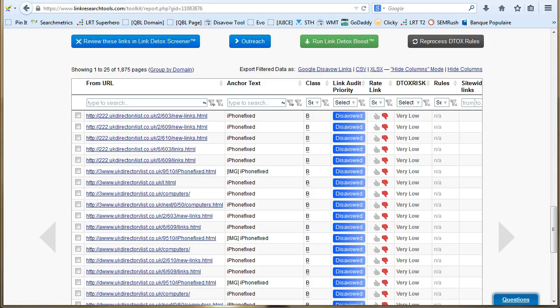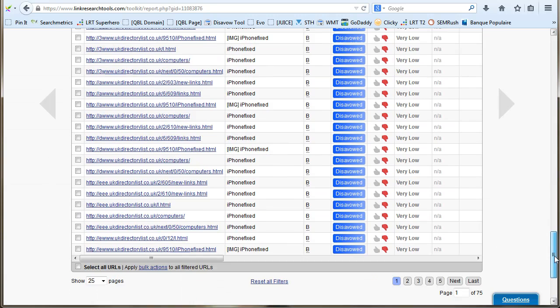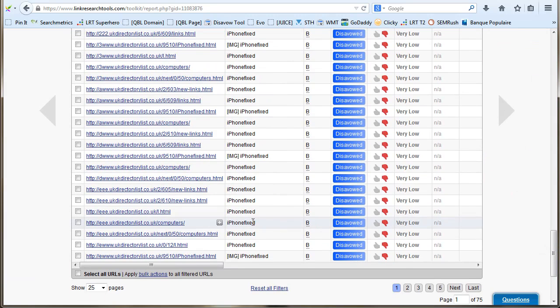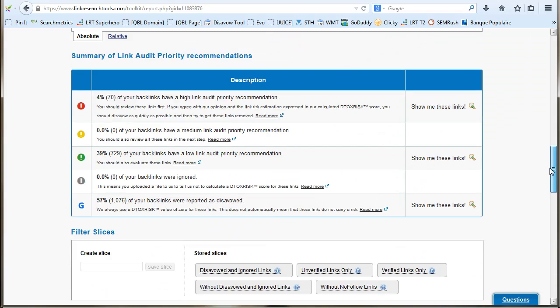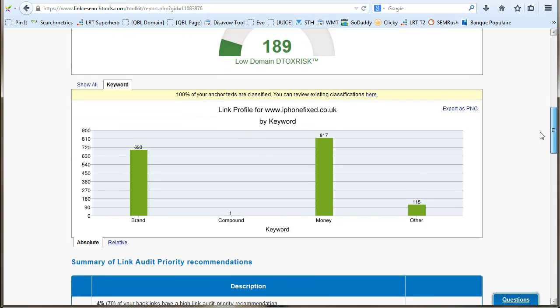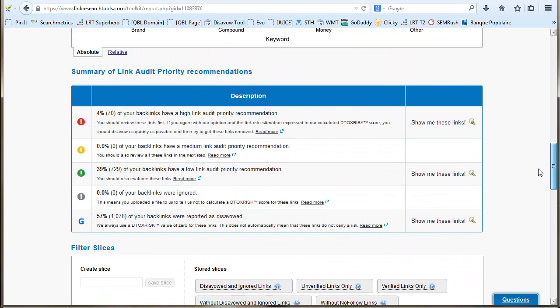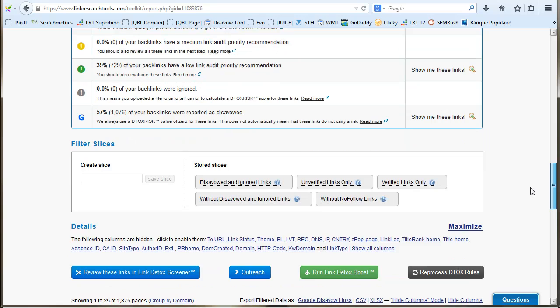But this did get me thinking that the majority of these ones, there's absolutely thousands of them, all had iPhone fixed as the anchor text, and what we were lacking before was the amount of anchor text that was brand rather than money.